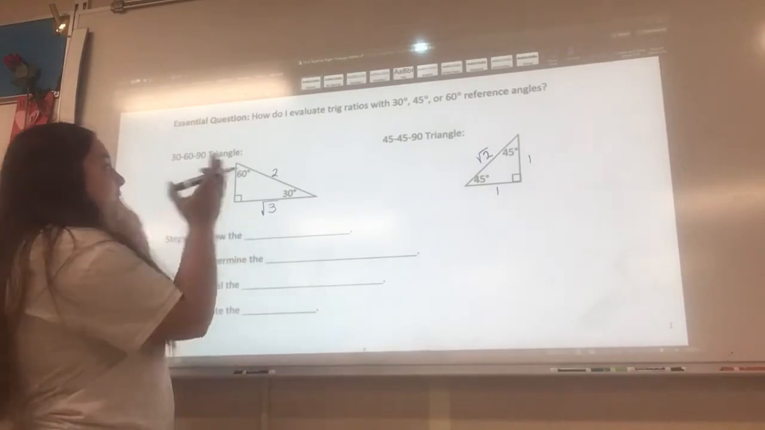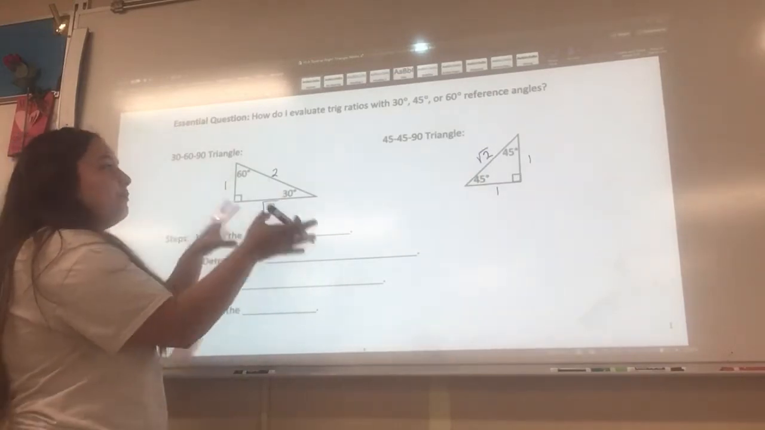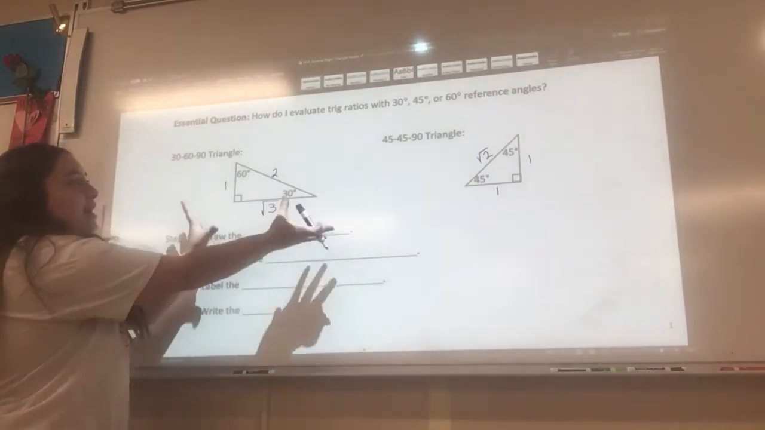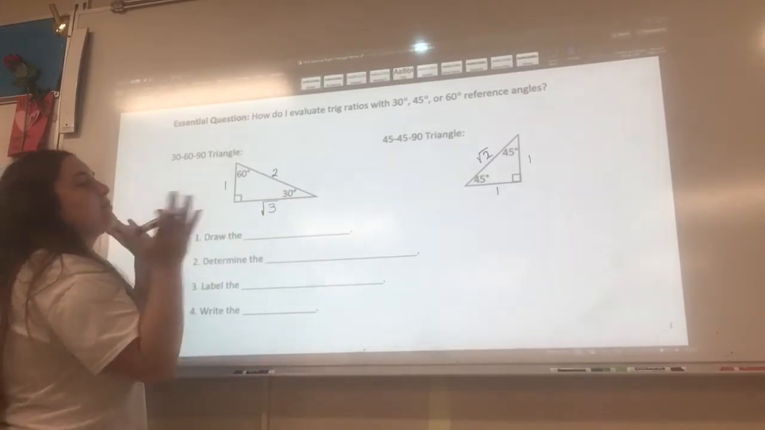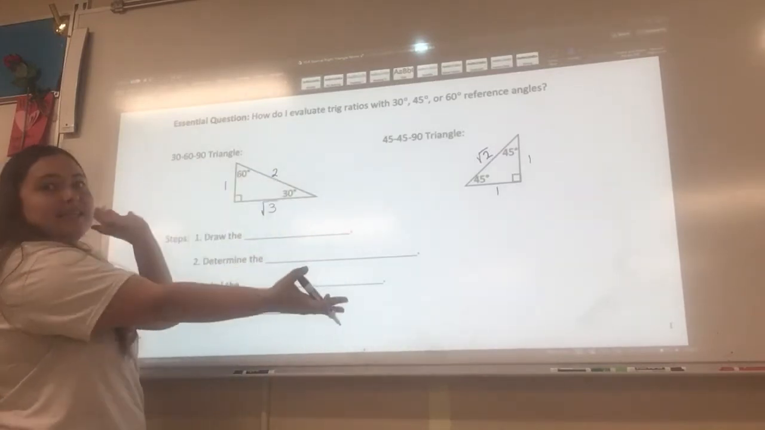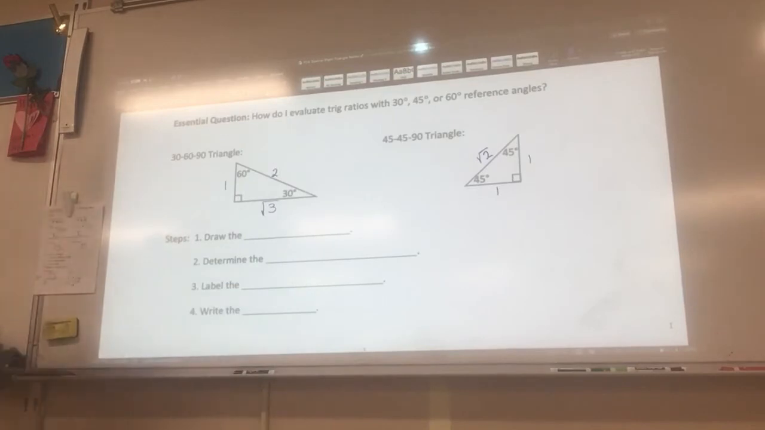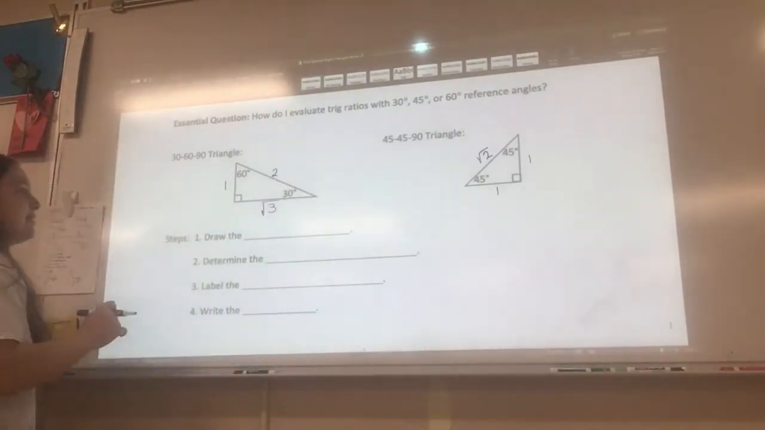Unit circles and special right triangles. Super important. Please memorize these. Obviously, you'll have these for reference when you're doing your homework, but memorize these. Okay? So the steps for solving and evaluating these trig ratios with our lovely new side lengths: